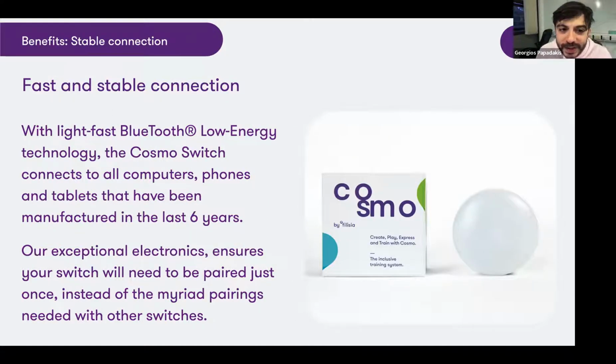It's a Bluetooth device. It creates fast and stable connections. You will see some of the connectivity and its advantages now. Bluetooth LE, which is the version we're using, means Bluetooth low energy because it just saves energy. It got out in the market about 8 years ago. So every device that's around, that's not very old, is compatible with Cosmo, and this is regardless of the operating system. You might work with it on